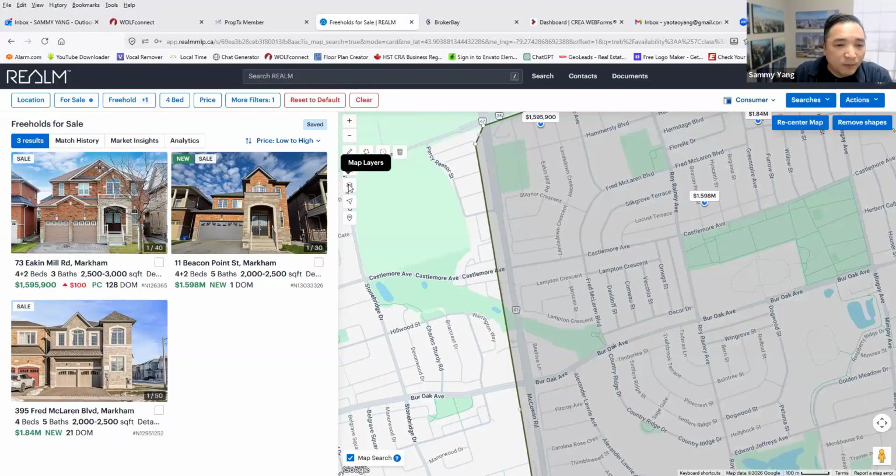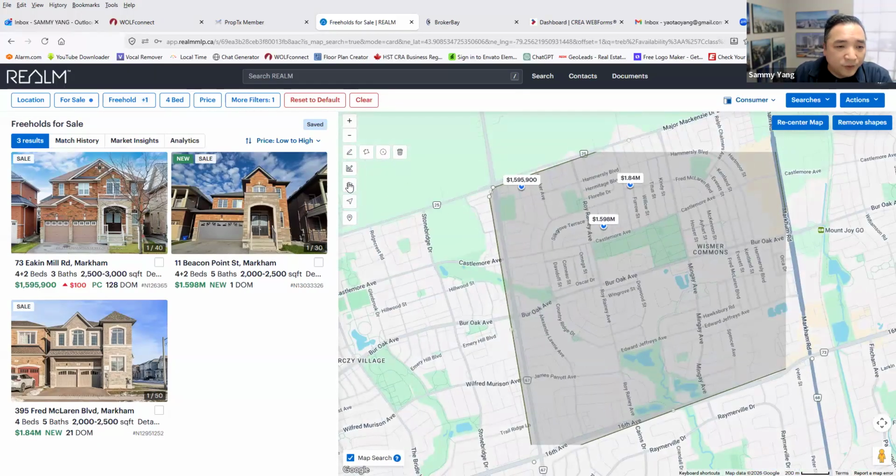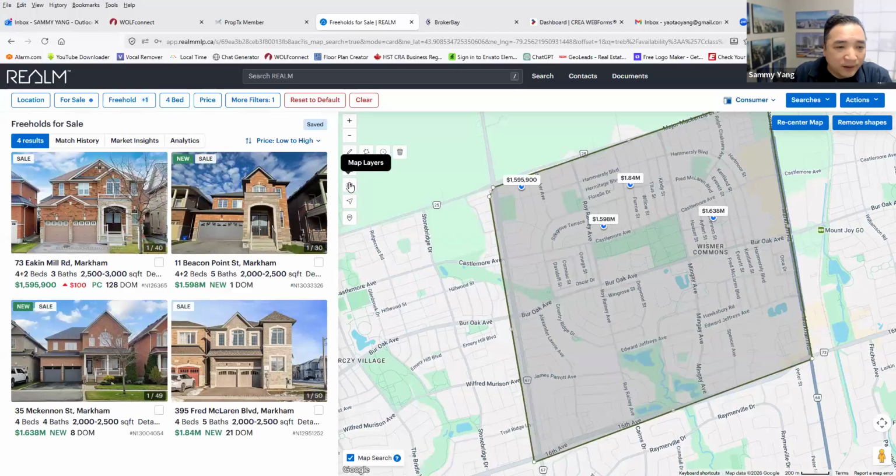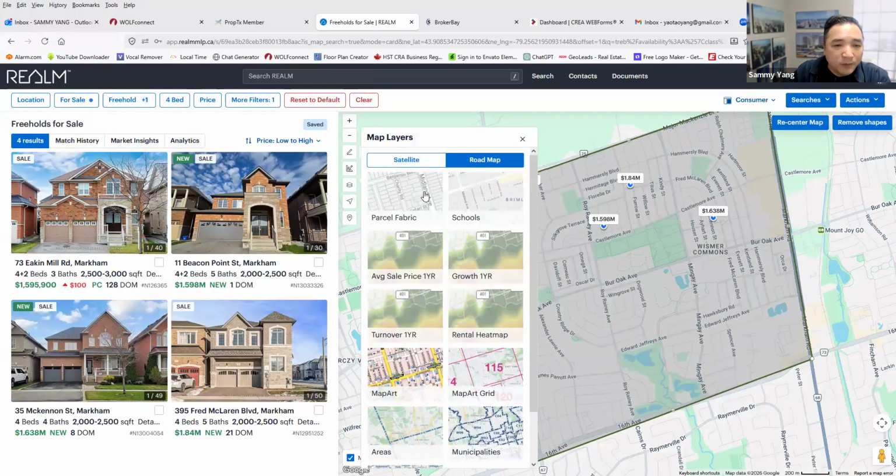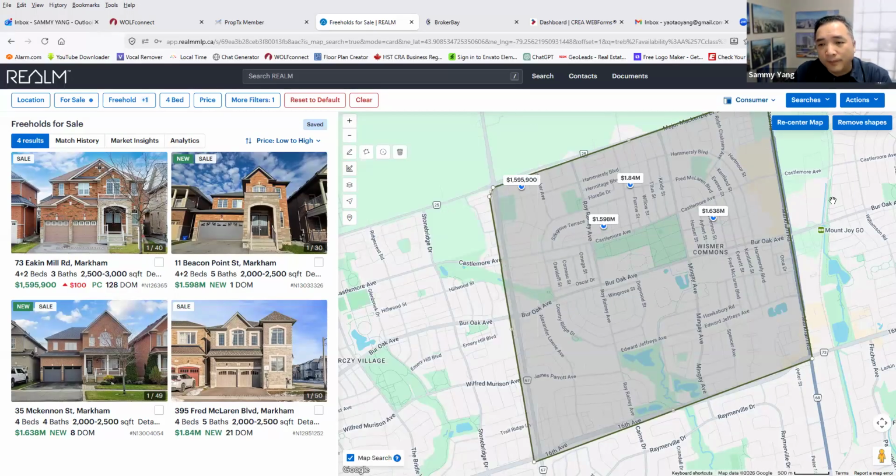And next feature, I will suggest you to use, it's called a map layer. Click. So they have all kinds of functions. Like one is a school. If you click a school,